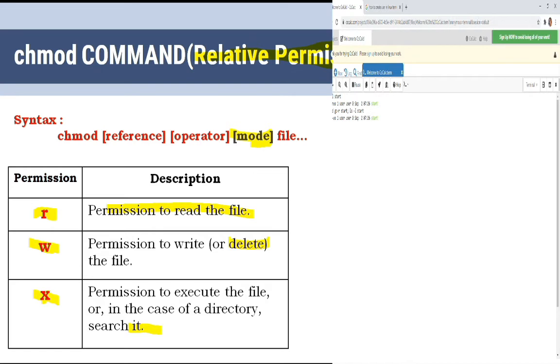Then next I want to remove the executable permission from all. So chmod, from A I want to remove the executable permission. Along with that, I want to add the permission for the others and the groups.